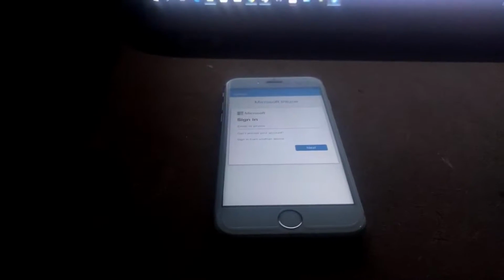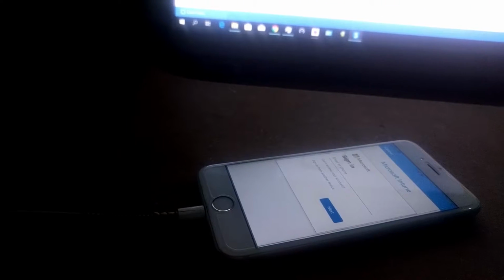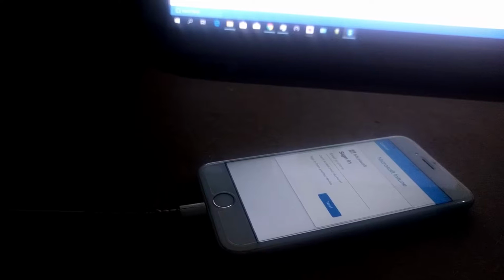So simply to remove this, just be sure of course to not have any accounts on there. If you have any accounts on there, then definitely you need to know your password. If you do not know your password, then unfortunately you may end up in iCloud lock, which we do not want. But this is the only option, of course,